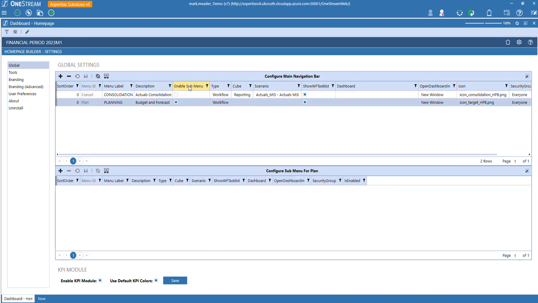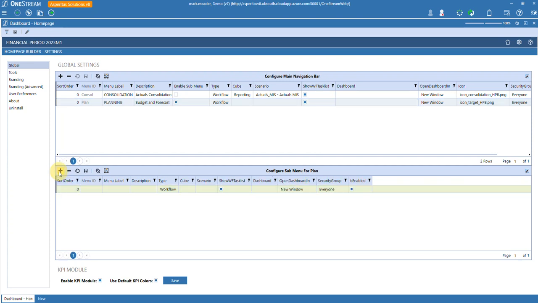Now, because this is a submenu, we want to build out the submenu items that go below it as well. So we'll go down into this second table. Because we've got the plan row selected, you'll see it says configure submenu for plan. We can now build additional menu items that hang off of the plan menu. So we'll add two rows here. We'll create one for budget,